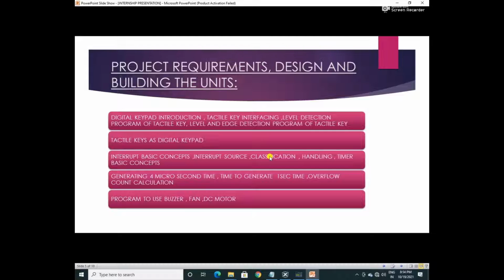Next, we need to know about the timers. There we need to have a basic understanding of the concepts related to timers like the resolution, tick, quantum, and also know about concepts like pre-scaling and post-scaling. Next, we need to know how to code and implement the peripherals like the buzzer, fan, and DC motor using